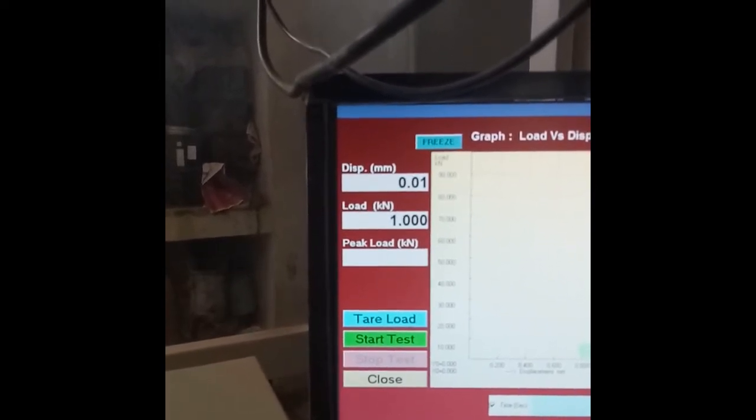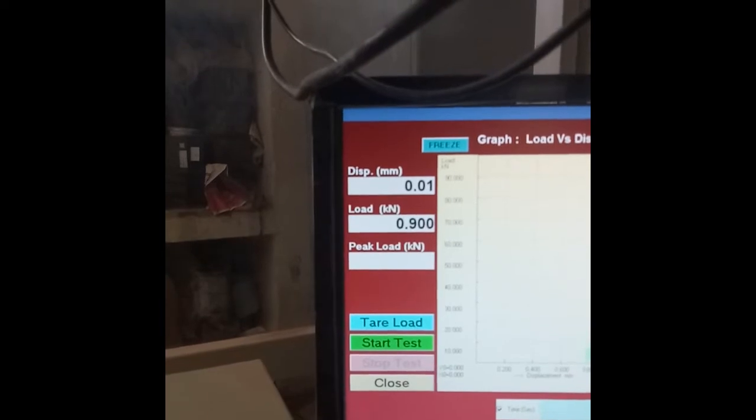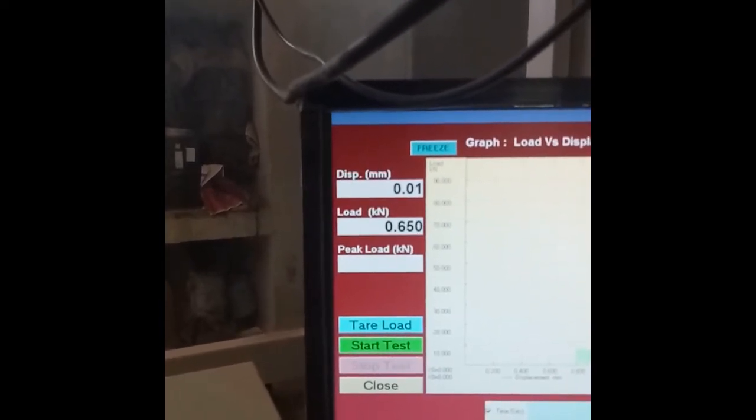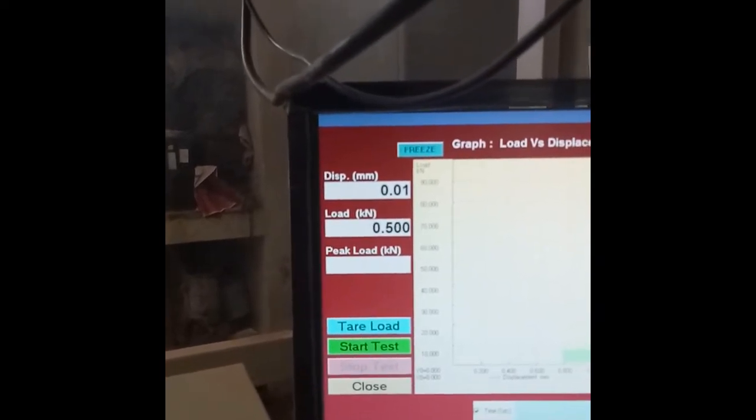Still the reading is 1. Now it is approaching 0. Once both become 0, then we should actually start the test.